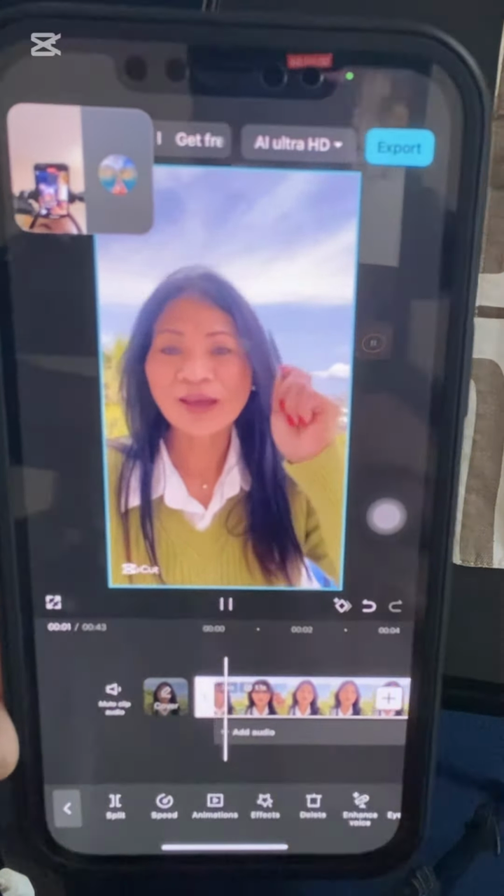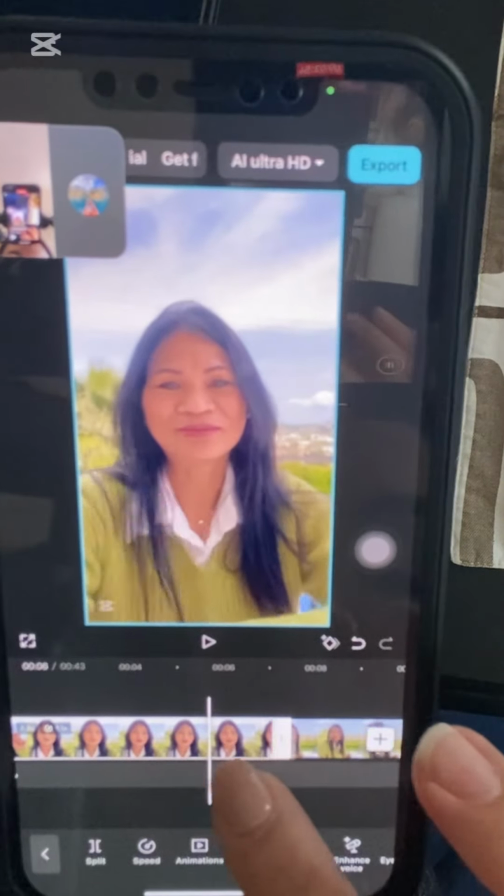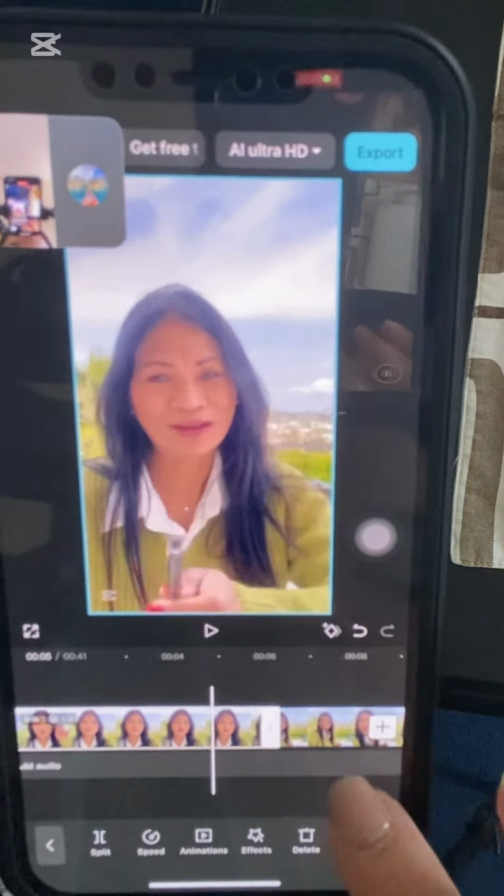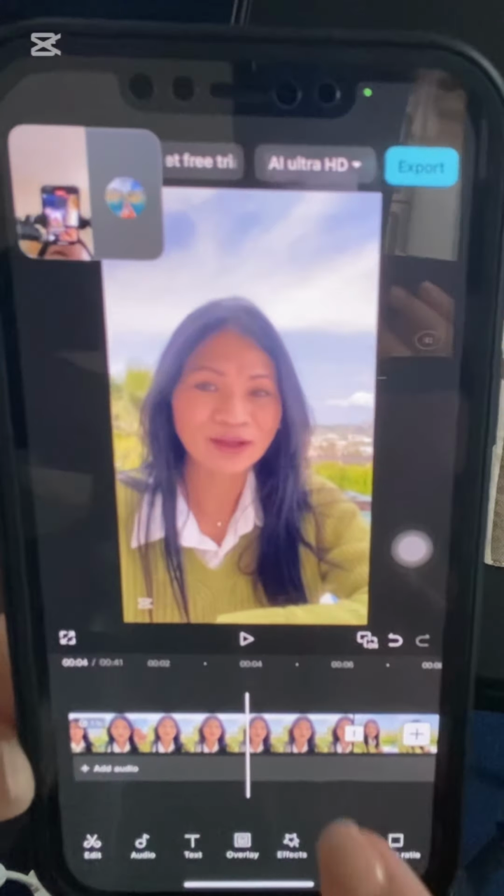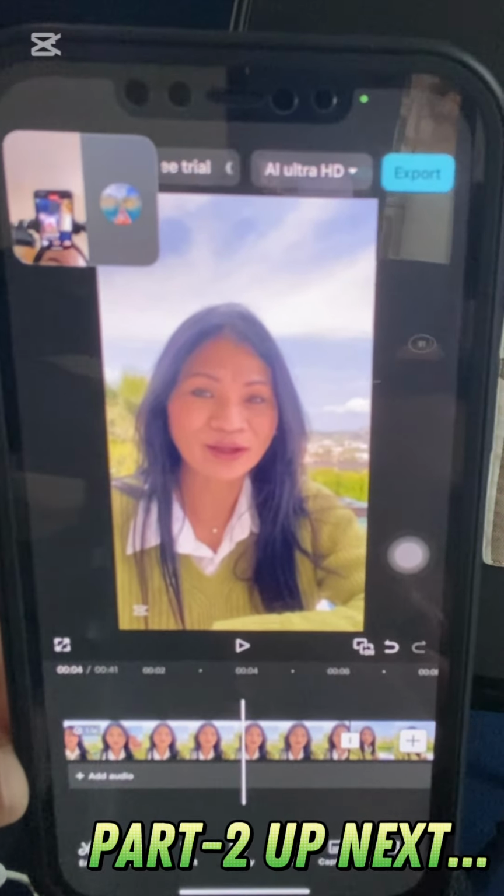And then at the end also, there is no audio. So we can still cut it down, trim it down. As usual, just trim it by toggling left and right. Okay, so basically that is the first part of doing the video edit.